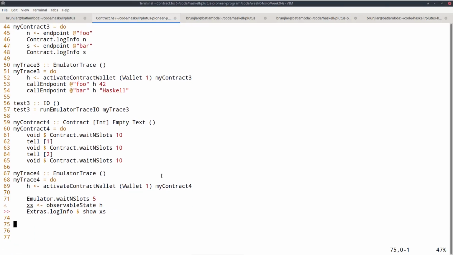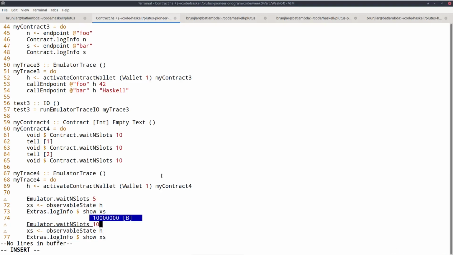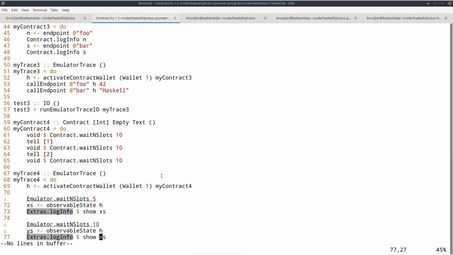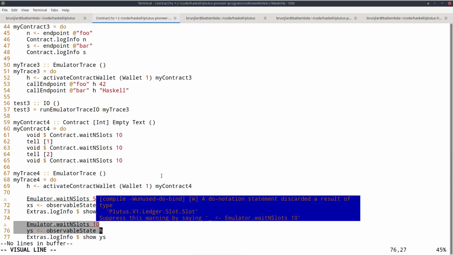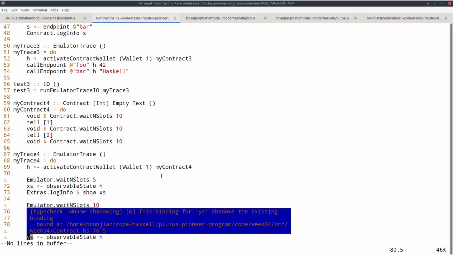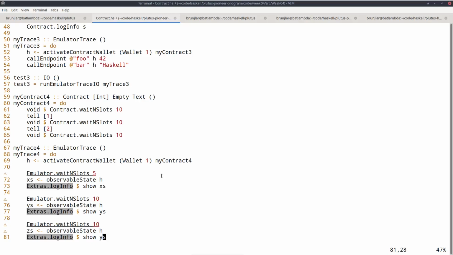Okay, and let's do that 2 more times. The second time, let's wait now for 10 slots. Let's call the result ys and log those. And the final time, again 10 slots, let's call the result zs and log those. So this should be like interleaved, right?